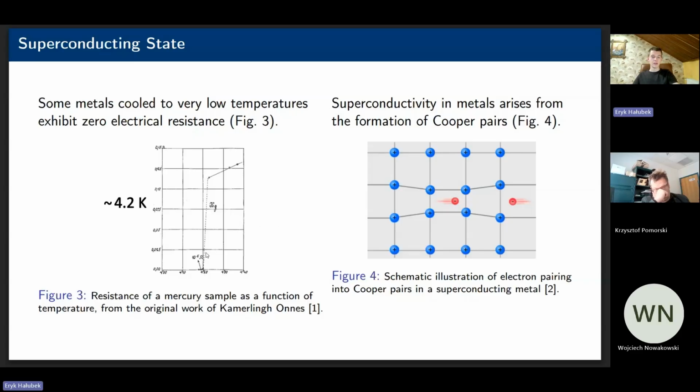It's slightly lower. So Kamerlingh Onnes noticed that weird phenomenon of superconductivity, and then 50 years later,